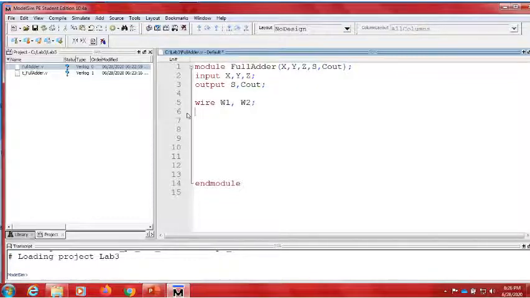First XOR gate, first instance, the output is, for example, W1, and the inputs are X and Y, semicolon, and the next XOR gate, the second instance of the exclusive OR gate,